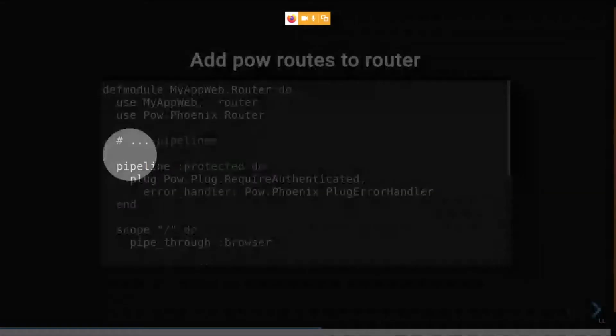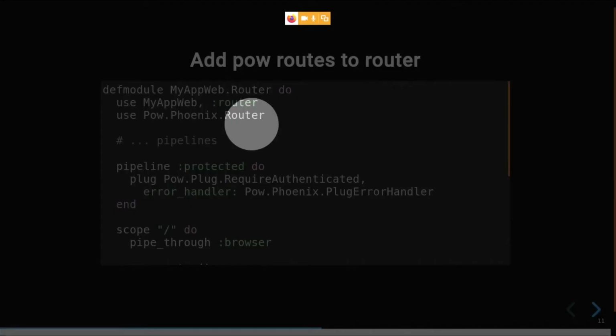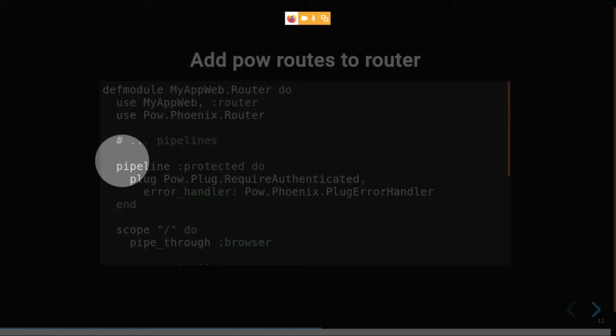Here, first we will have to add the Phoenix router, the POW Phoenix router. That is what this line is. Use Pow.Phoenix.Router, and then we will add another pipeline for protected resources. All these functions are available by default, so we just need to copy paste these lines.